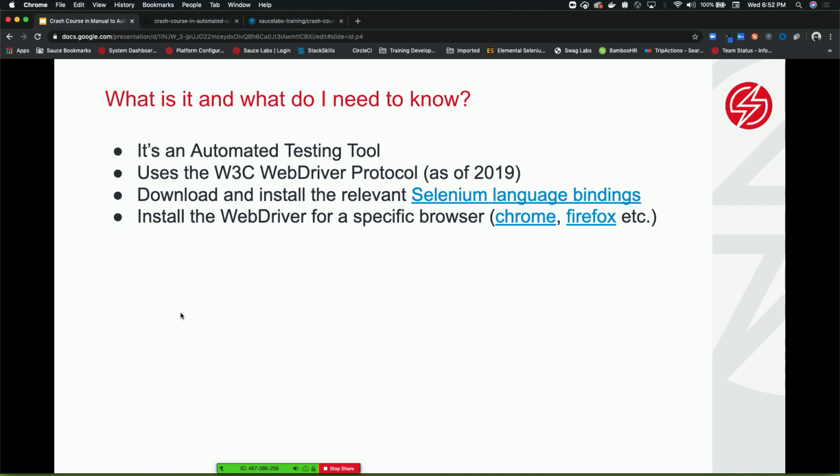So what is it that you need to know about Selenium? How many of you are already familiar with Selenium? OK, cool. So this is going to be a little bit of a review. From a high level, it's essentially an automated testing tool. A lot of people like to call it an automated testing framework, but it's not actually a framework. It's more, to use our head of professional services'